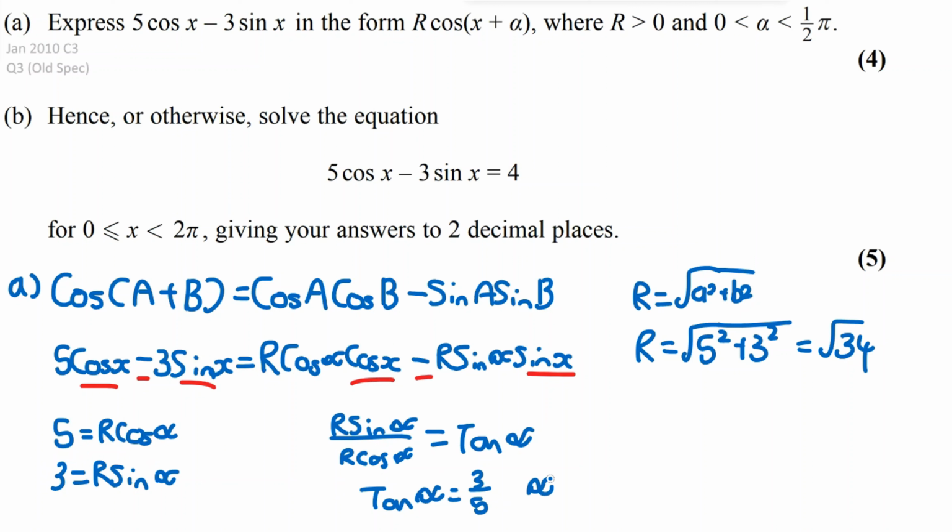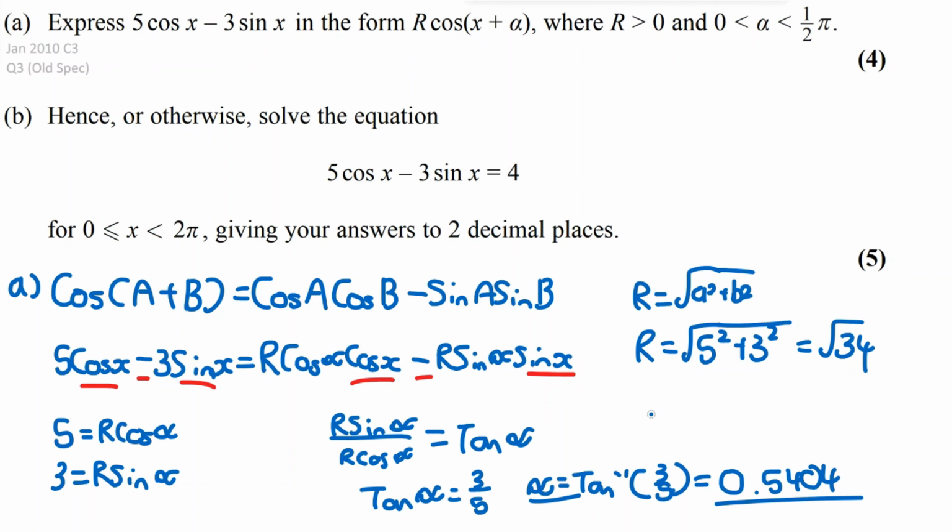So therefore alpha is equal to the inverse tan of 3 over 5. It says it wants alpha between 0 and half pi, so this is indicating that it wants it in radians because of this half pi here. So make sure your calculator is in radians mode, and if you do this it gives a value of 0.5404. So alpha is